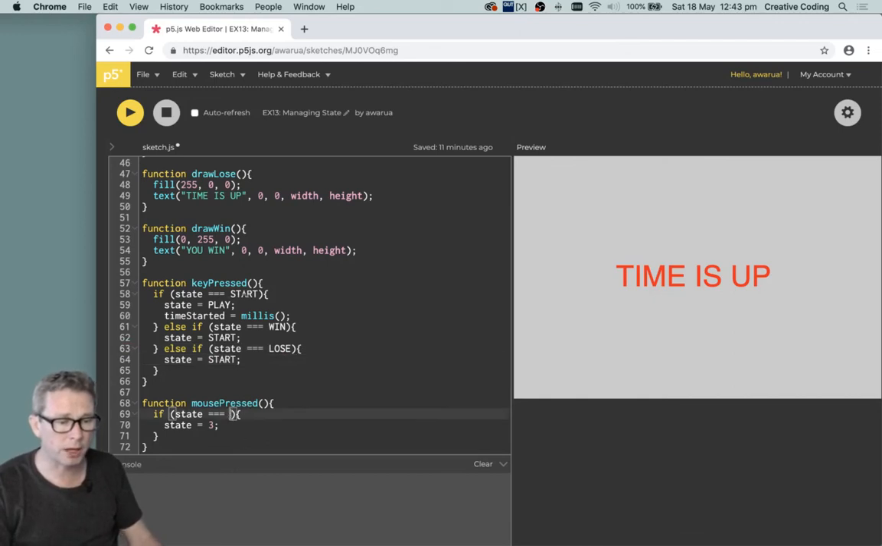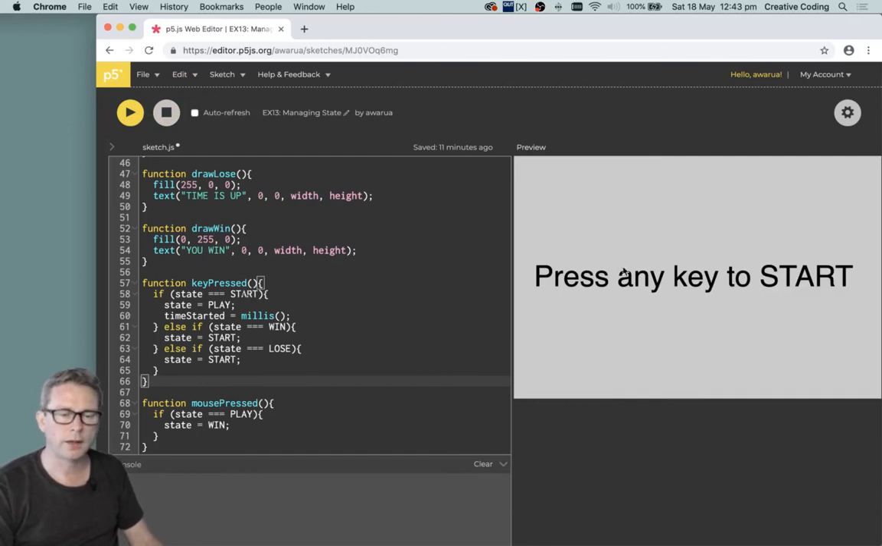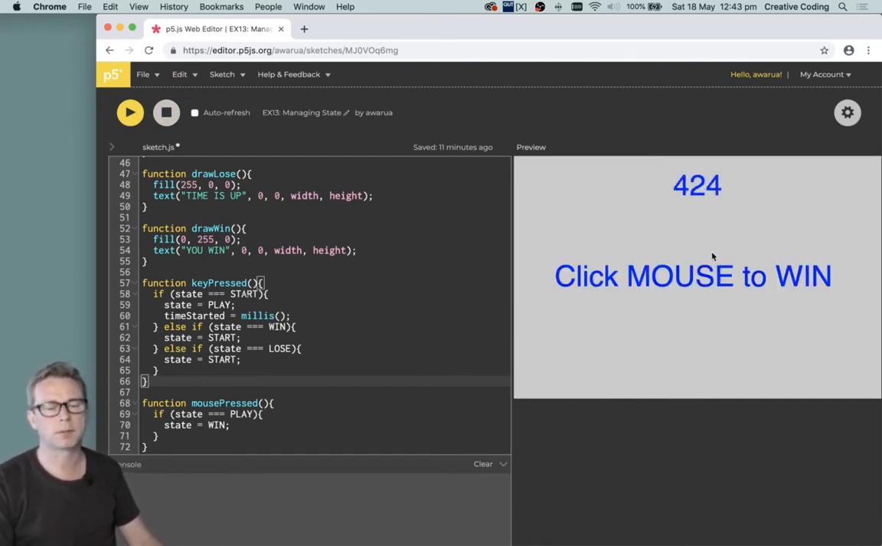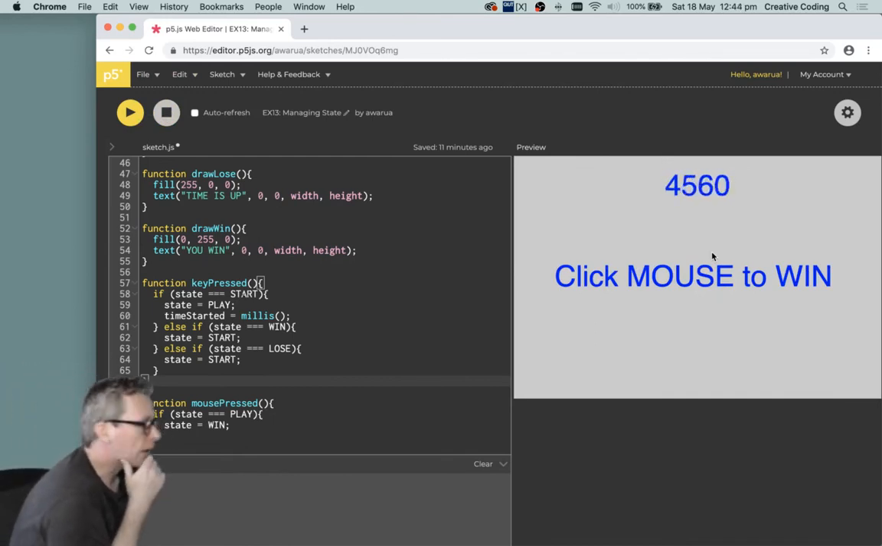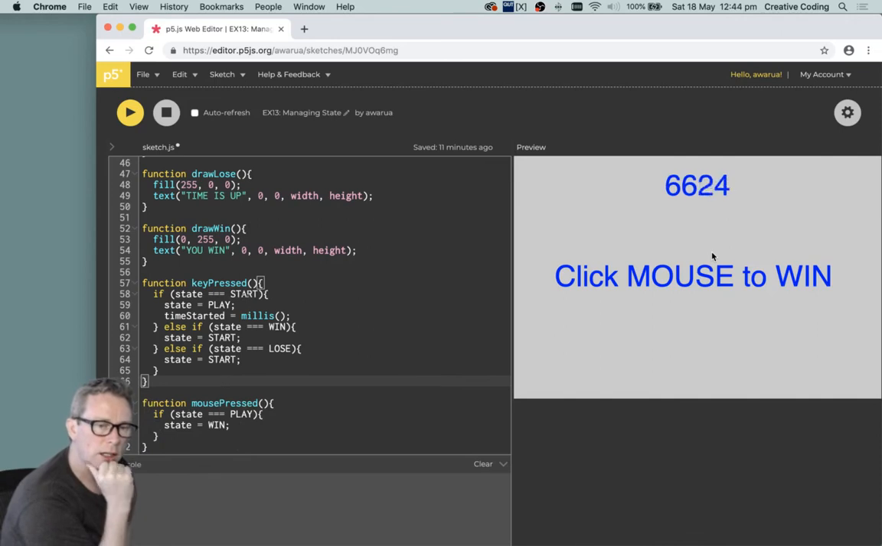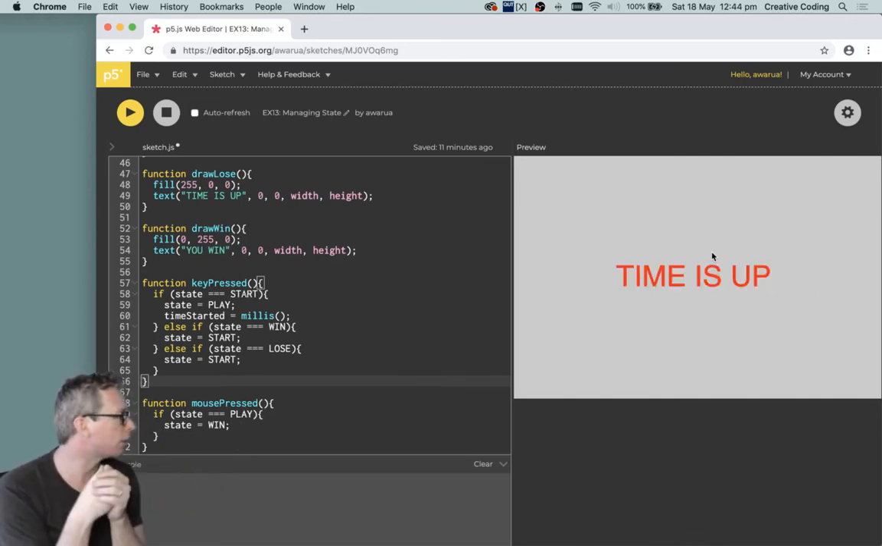And finally, with the mouse pressed, if the state is play and they click the mouse before it times out, then it goes to win. And that should all work exactly the same. I can still win, and I can still, if I let it time out, it'll time out. So that is a simple state machine, definitely something you can use in your creative coding, and I would be really interested to see